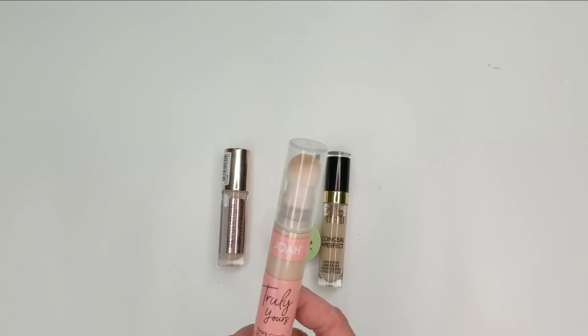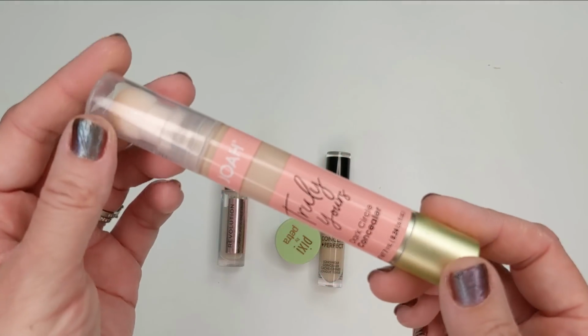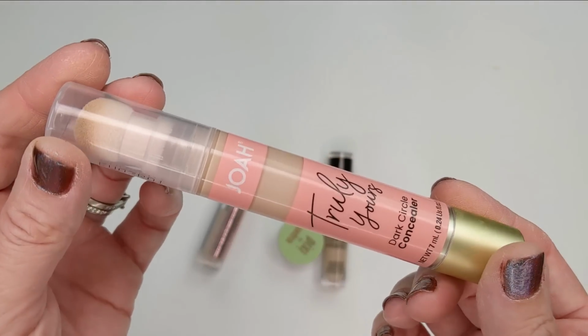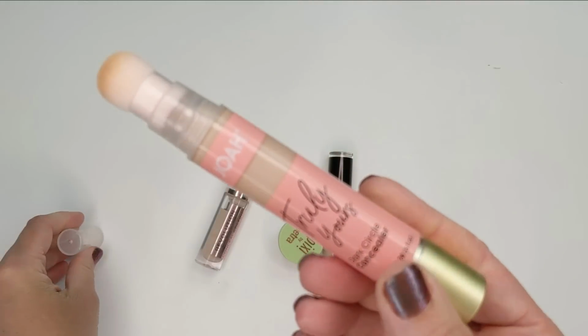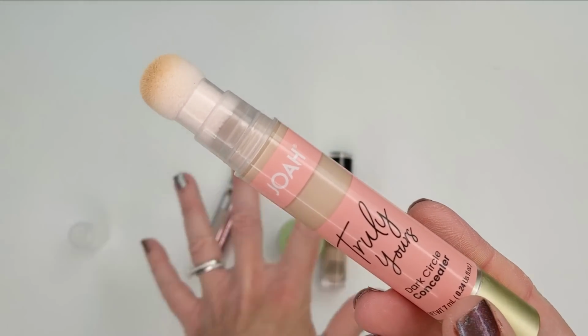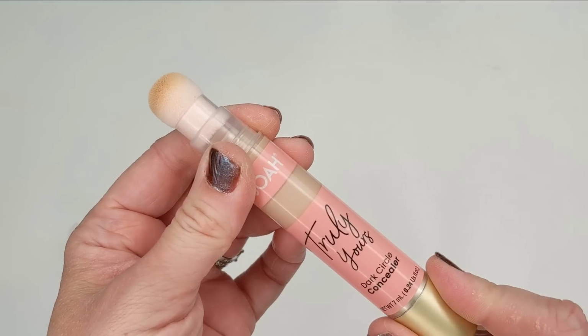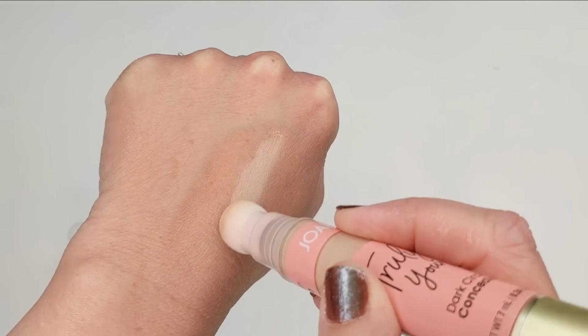So we'll start out with my favorite one, and that is the JOA Truly Yours Dark Circle Concealer. Hopefully it'll focus on it. There we go. I honestly wasn't expecting much from this one when I first got it. It has this little sponge tip applicator, which I'm not the biggest fan of. Hold on, let me just move these because it keeps wanting to focus on the stuff in the back. So like I was saying, I wasn't expecting too much out of it, but it has great coverage,